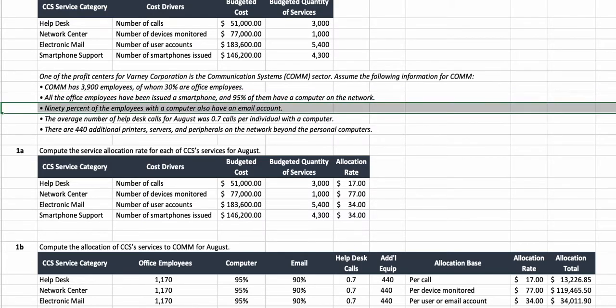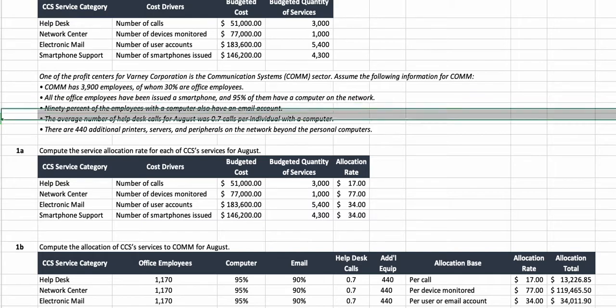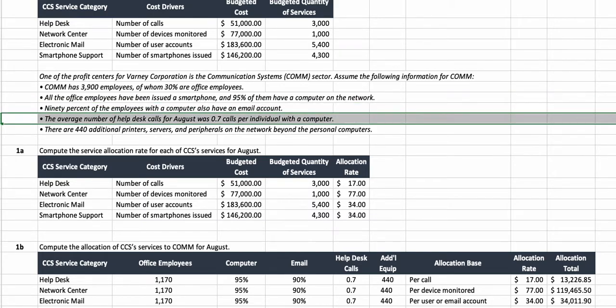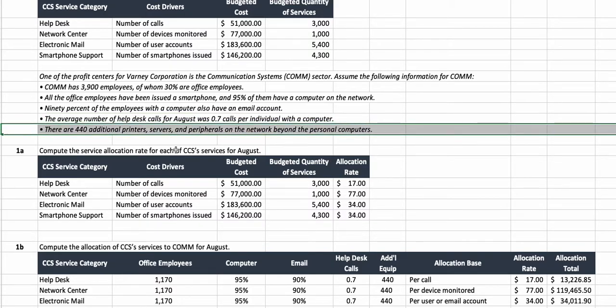Of those that have a computer on the network, 90% also have an email account. The average number of help desk calls is 0.7 per individual with a computer. And then the last piece of information is that there are 440 additional printers, servers, and peripherals on the network